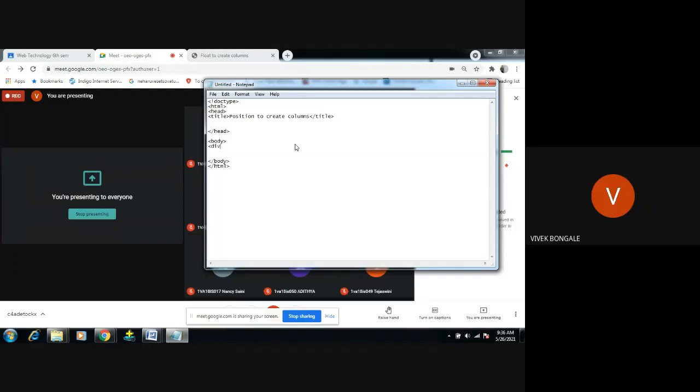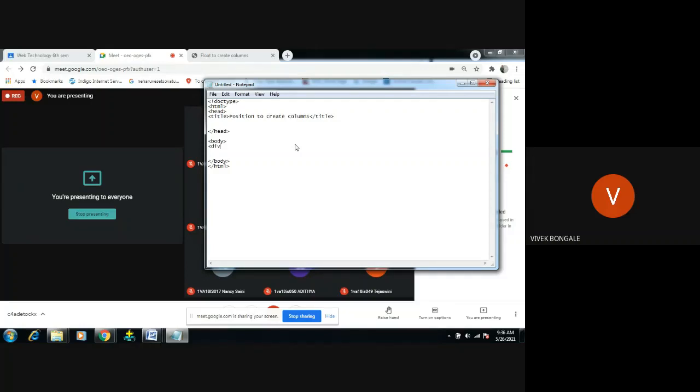So for that reason, we are creating only one class here. I'm trying to give the difference between float and position. With float, we used CSE, ISC, ECE. If you want, you can float only ECE or ISC or CSE, multiple times, on the particular column.